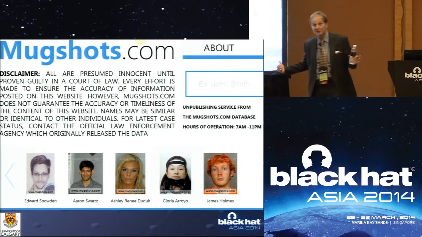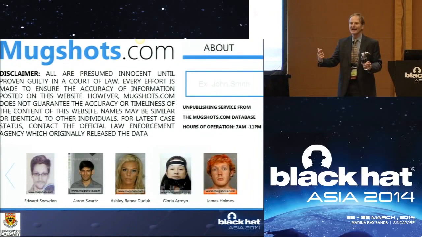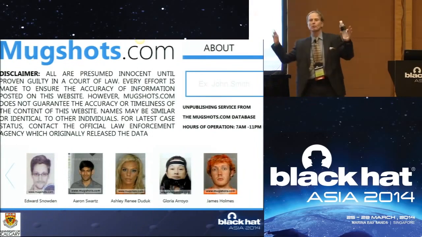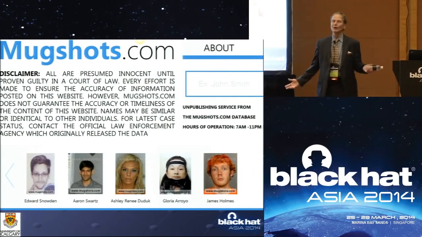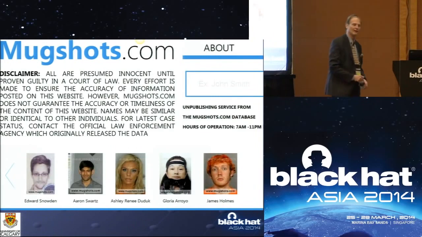The weirdest thing I found out about this site is they have another thing where if you really hate somebody, you can give $499 and then the photo never comes down. Usually the photos come down in a month. It's called permanently publishing. So if you really hate somebody, you can do that. And I have no answer to what happens if both requests come in. He probably just takes the money anyway, right?